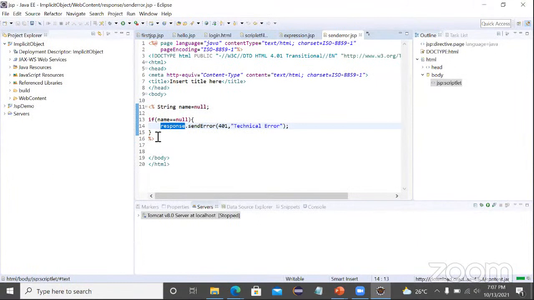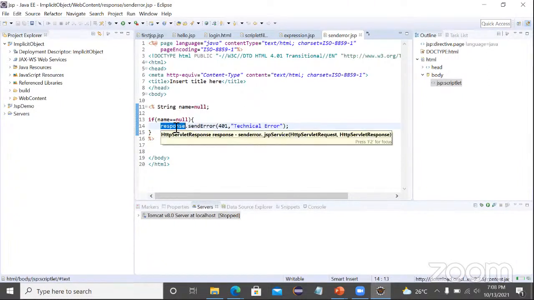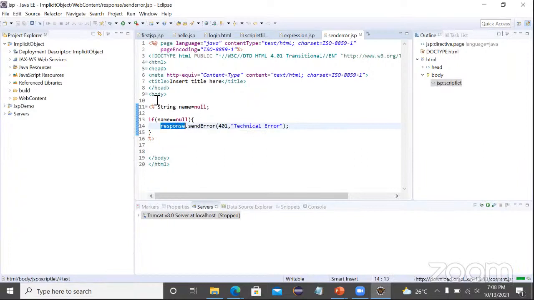Let me continue with the implicit objects. So I'll be giving 2 more objects, not for all. Not for all in the sense, when I discuss the directives, then I'll cover these implicit objects together with the directives. Okay. So we have seen response, I guess, right? So now we'll discuss about